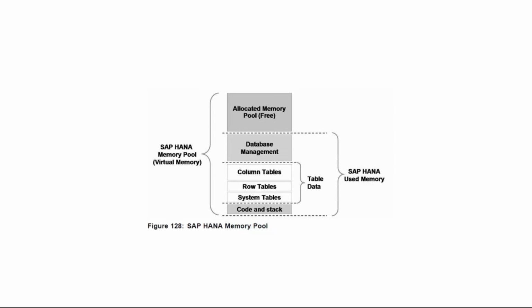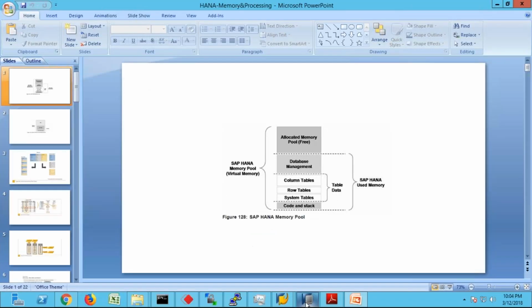See what they mentioned about HANA used memory. As I told you just now, it is the memory used by the HANA database for code and stack, system tables, row store, column store, and DBMS. And then there is some additional memory pool available as and when needed. It will take the memory from this memory pool. But as of now, this is the used memory. The memory used by your database here is this much,